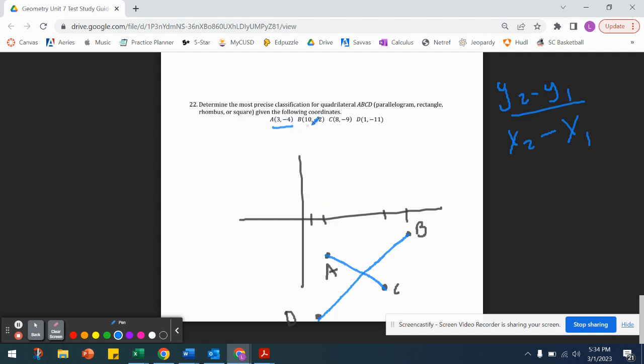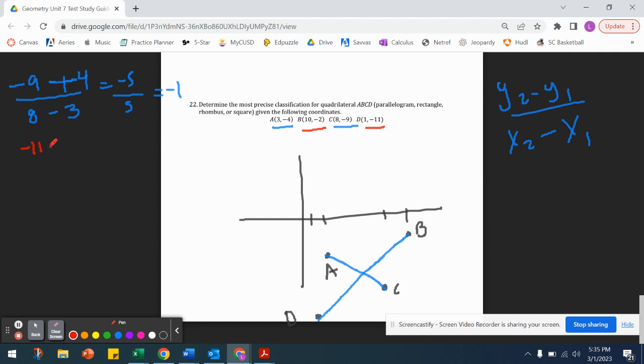slope formula for A and C, which means for A and C, I'm going to get negative 9 minus a negative 4 over 8 minus 3. Double negative becomes a positive. Negative 5 over 5, which is going to give me a negative 1. Okay, and then I'm going to do the same thing for B and D, which is going to give me